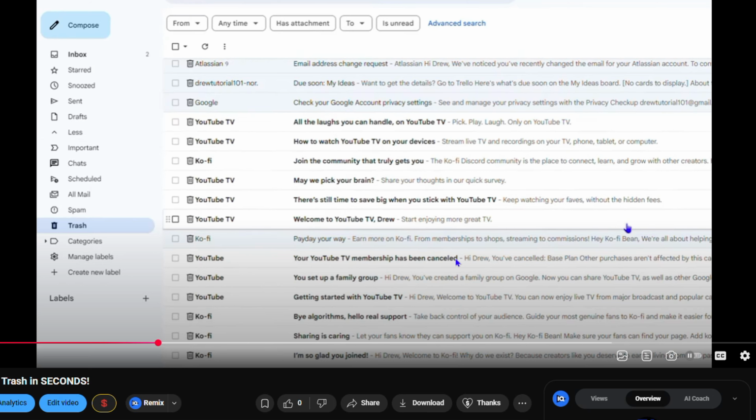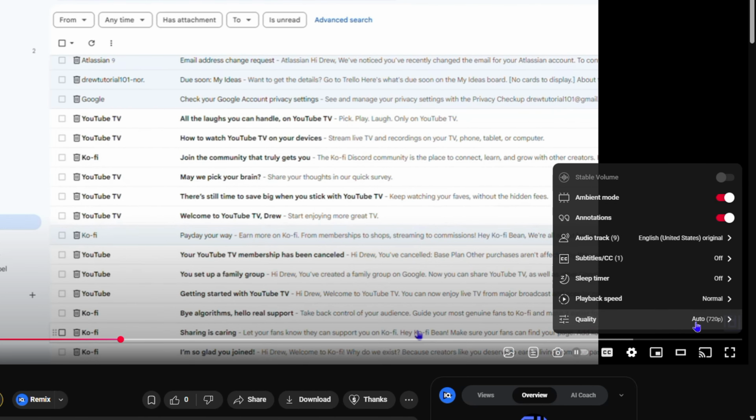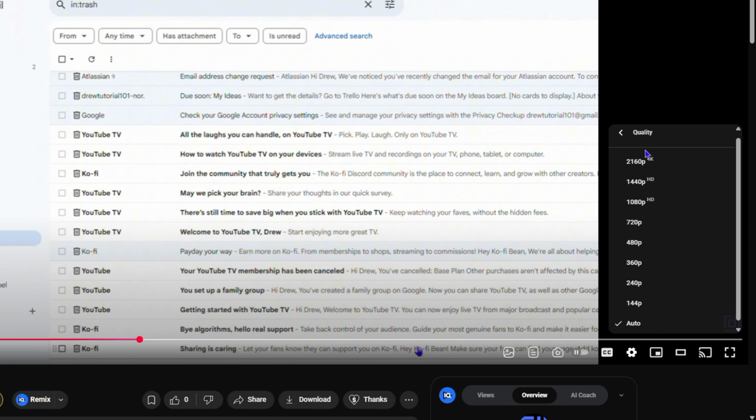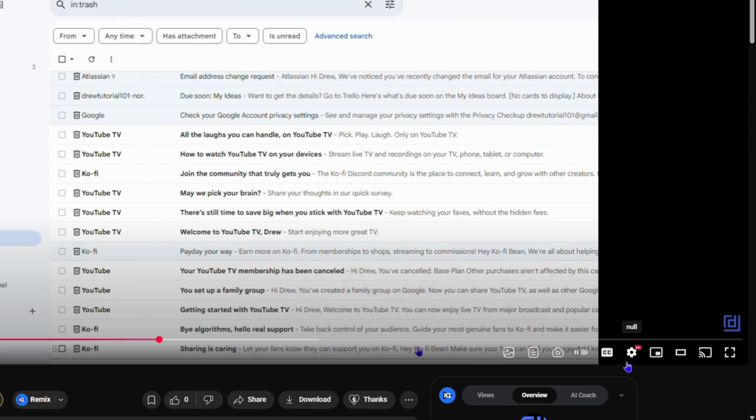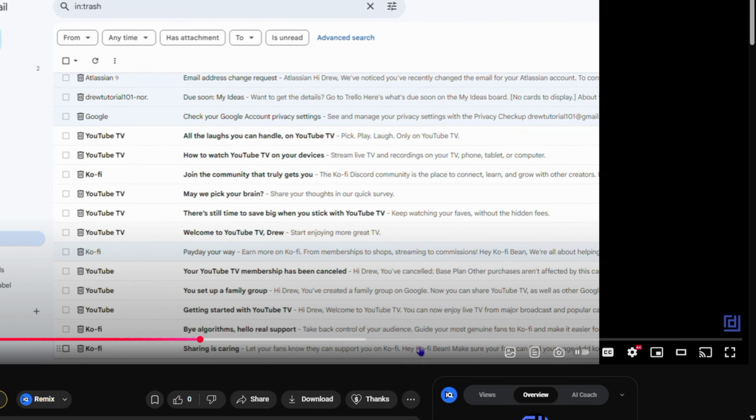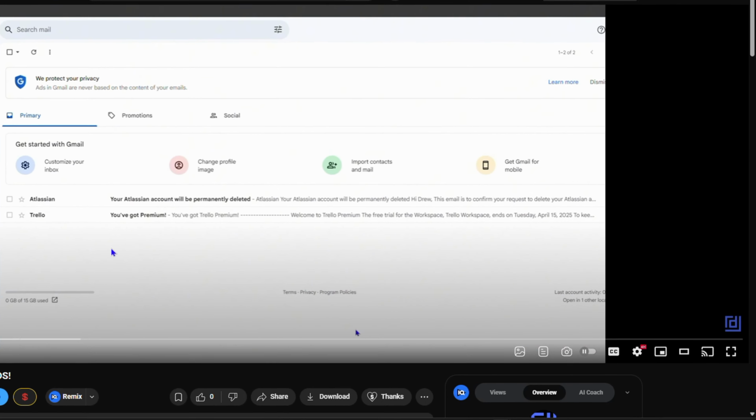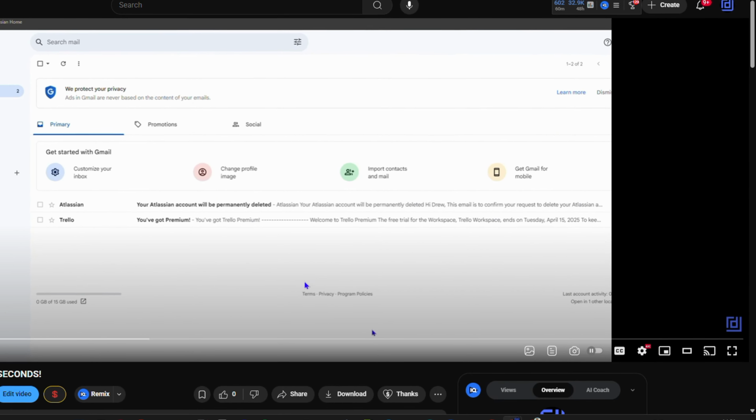So as you can see here, guys, I have a video currently playing right here, and to put this video in 4K, all I have to do is just go down to the settings gear in the lower right hand side, go to where it says quality, and look if 4K is available, and just click on that, and you will see it immediately change to 4K. As I hover over the settings gear again, the video quality as well is in 4K. So when I'm playing my videos, guys, you will see that the video is in a